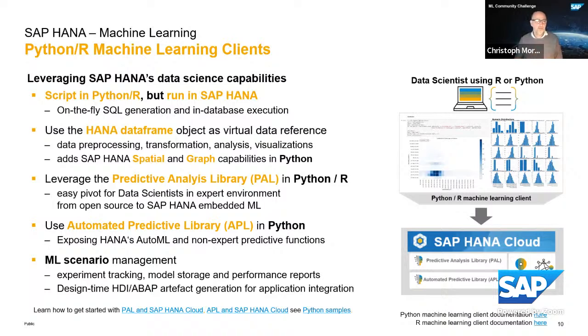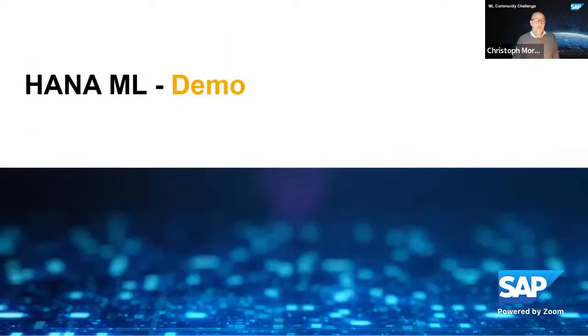Data is exposed via the data frame concept, similar to what you may already know in Python and R, and then the methods are wrapped in Python or R, and you can then script with your Python Jupyter notebook like you would be scripting with scikit-learn, for example. Everything is really similar and close, so the experience and productivity for a data scientist is really good. So these are our machine learning clients, and I guess this was the brief intro from my side.